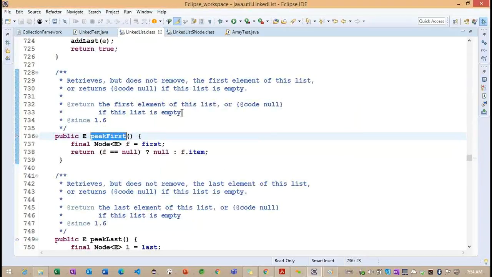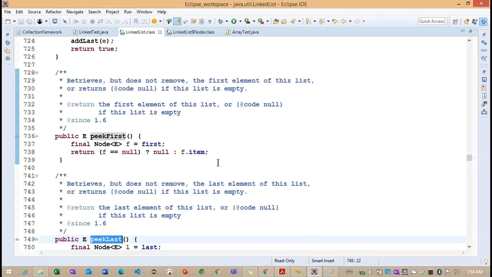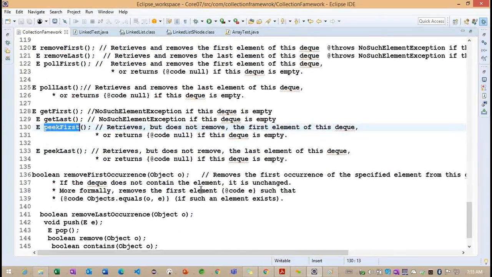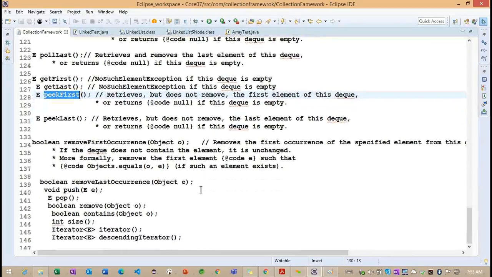First, the object is null. If the object is null, you can see internally they are working on the ternary operation. The same way in the P class also. So these are everything we are discussing inside the linked list. Because these methods are coming from the Deque interface, all the methods are implemented. Getting the point? All the methods are implemented here. So now we identified the peek, first method, last method, everything.